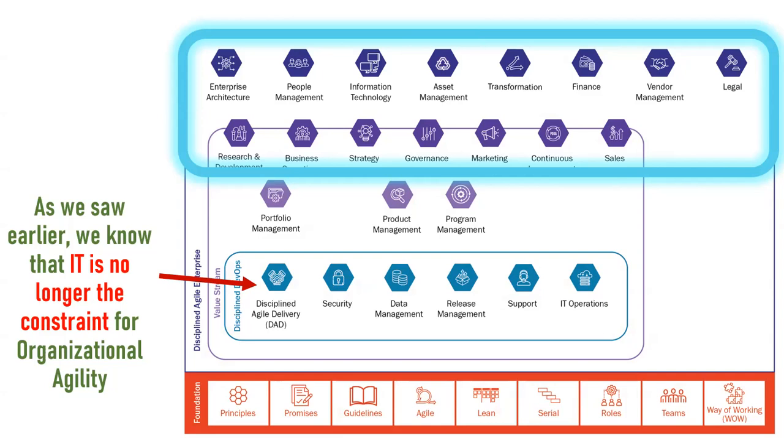By the way, I use the term organizational agility rather than business agility. Two reasons. Number one, not everything is business. You have governance, you have all kinds of different not-for-profit bodies that are not businesses. And second of all, it makes it sound like, well, you IT folks have been at this Agile thing for 25 years and you've obviously failed. So step aside, the adults in the room are taking over.